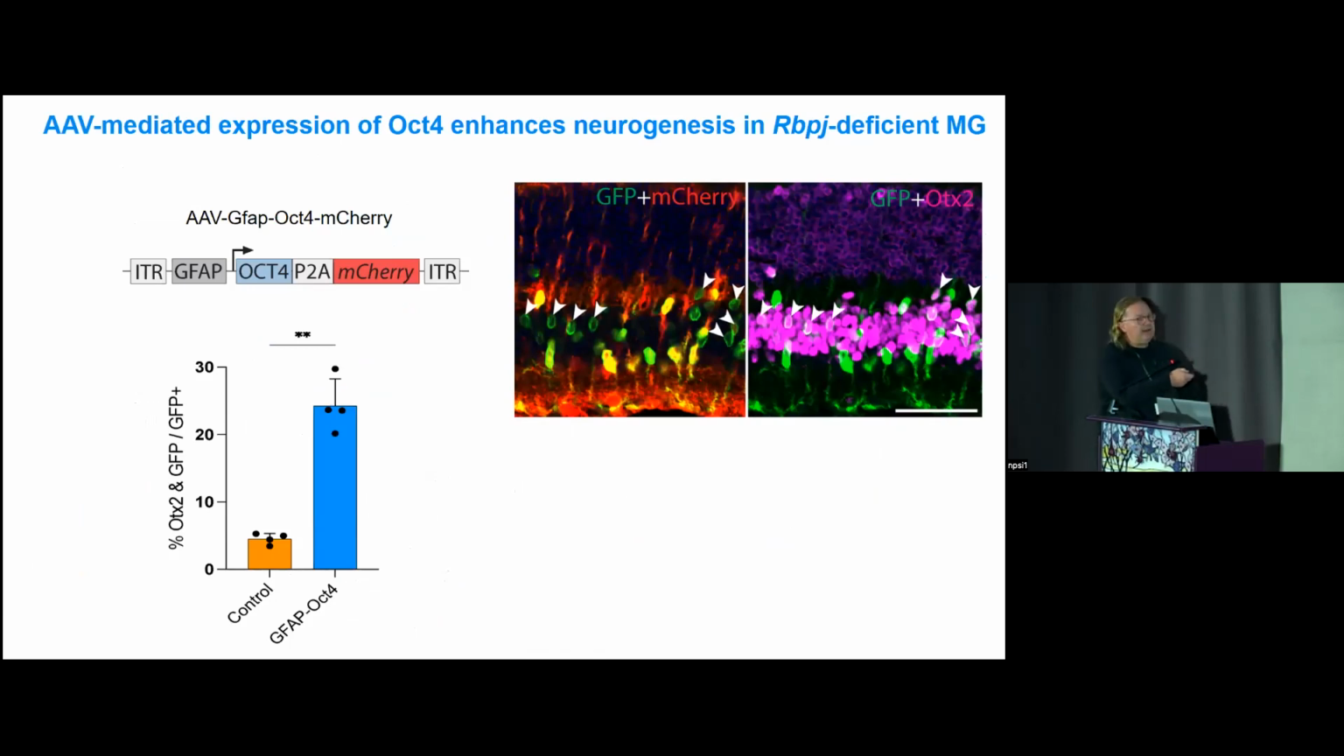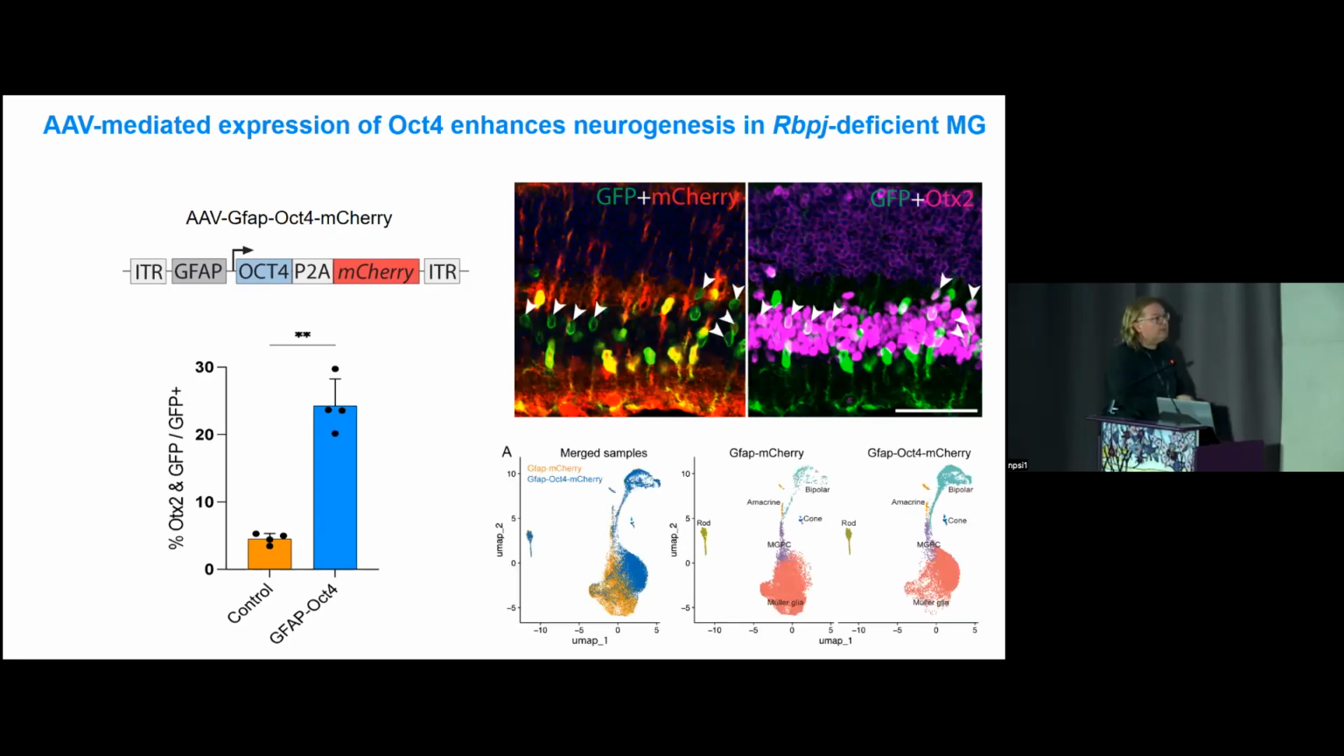When we misexpress it in control retina, basically in wild-type retina, nothing much happens, nor when we misexpress it in the NFI-deficient glia. But when we misexpress it in RBPJ-deficient Müller glia, we see a massive increase in neurogenesis, about a 6-fold increase. This is about 5 weeks out. The cells that are generated are basically all bipolar cells, however. And you can see here, this is a single cell seq